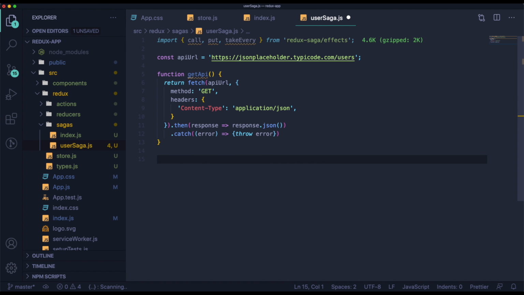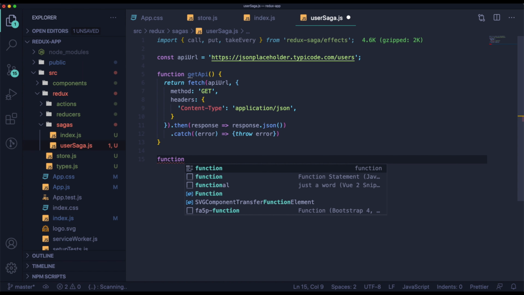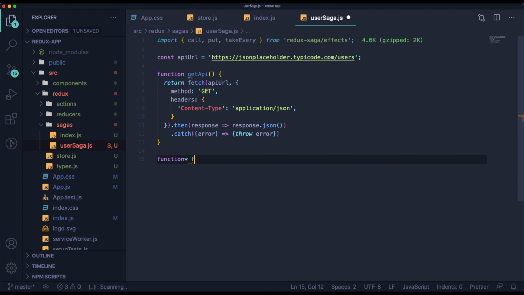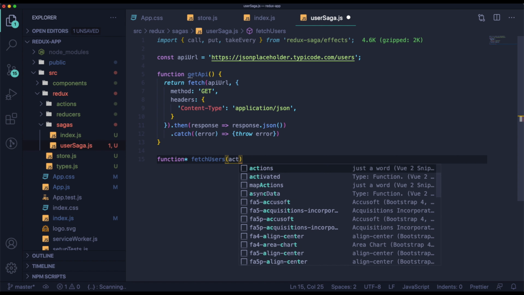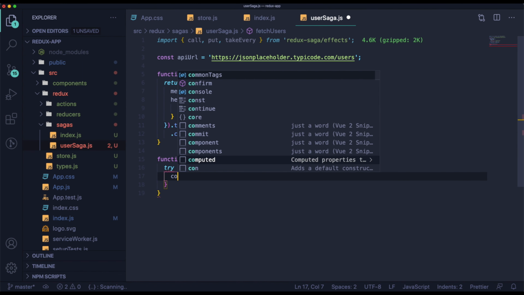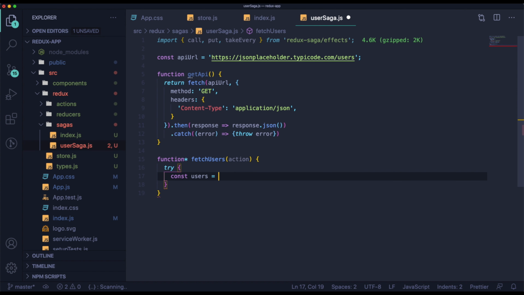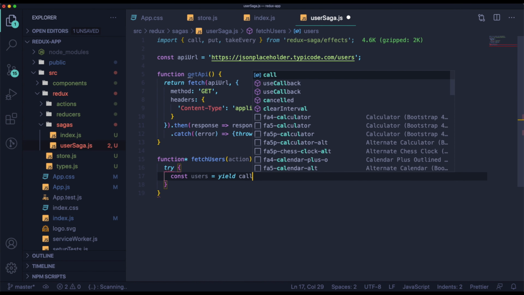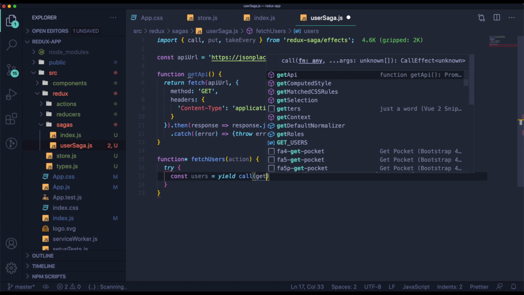Okay, right now we will start creating generators for our Sagas. Generators are the functions in JavaScript with this small star. Let's call the first one fetch users. It will have action as a parameter, and here we will use try catch. So in try we will get our users from get API,